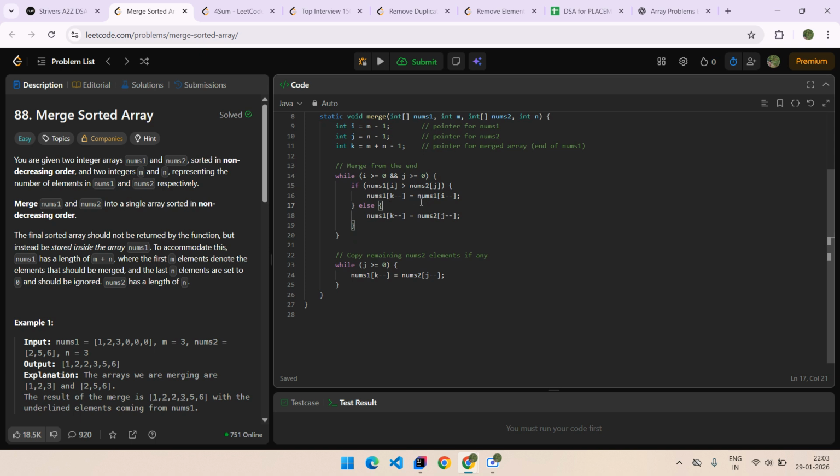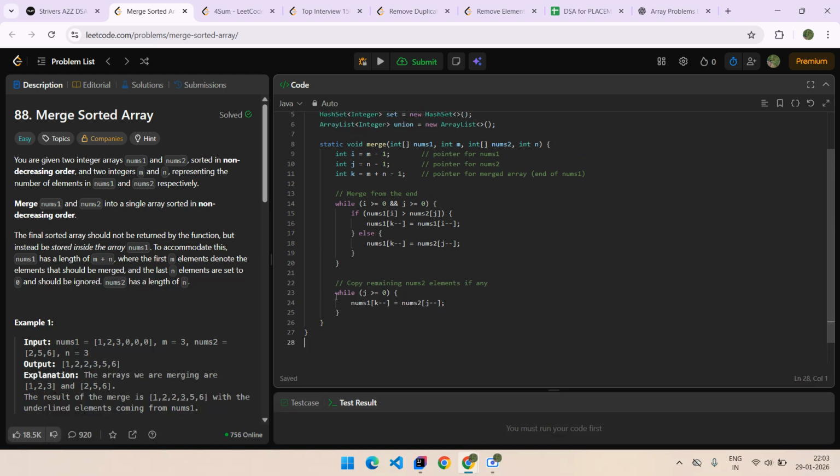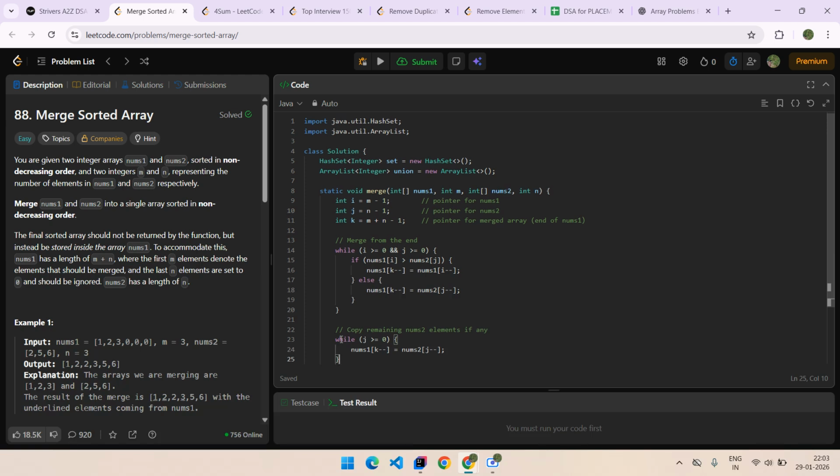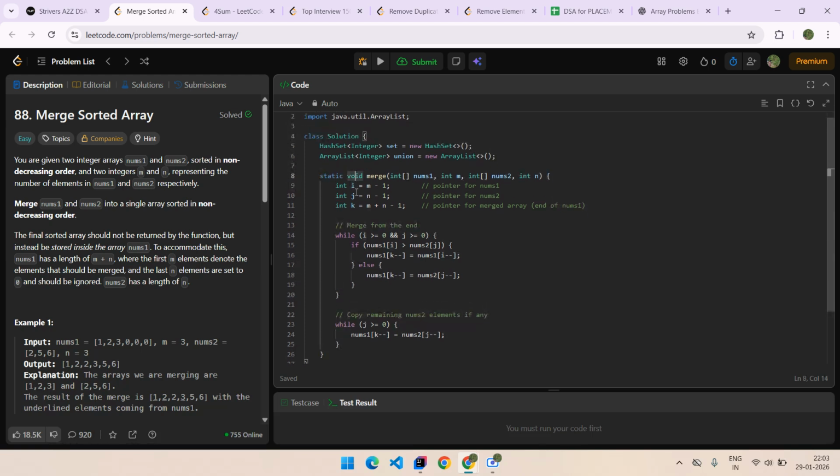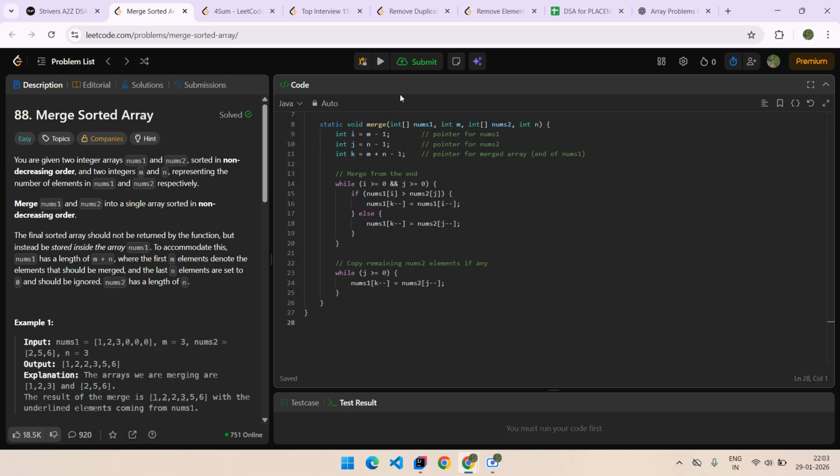If any elements remain in nums2, we copy them to the front, and nums1 becomes fully sorted. Here is the code and the conditions. We use a void method, so it does not return anything. Run it. We got the final answer.